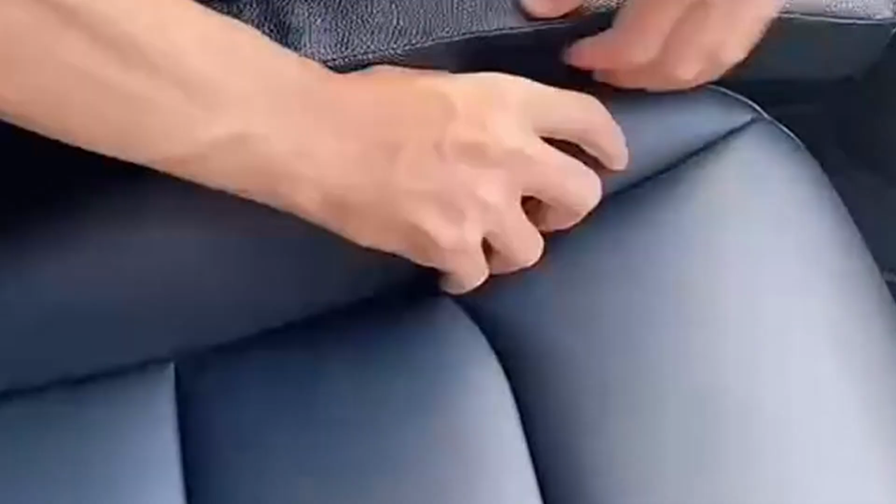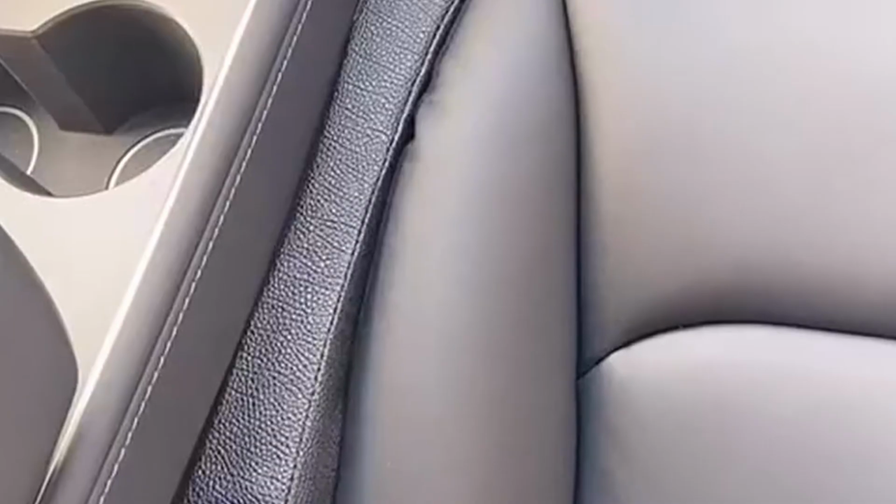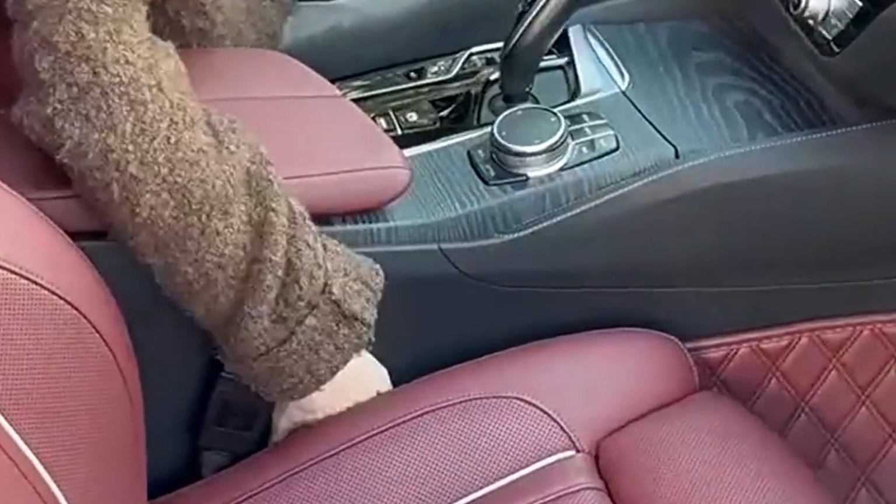So, if you're a commuter or someone constantly losing small items, this one is stylish and functional, though not perfect for every car. On number 5, the Wuzno No Drop Seat Guard comes as a 2-pack of waterproof PU leather